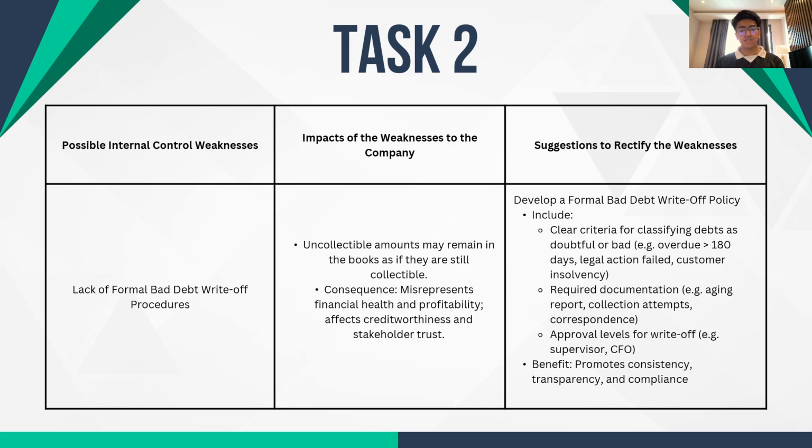Suggestions to rectify this weakness would include developing a formal bad debt write-off policy, which would include clear criteria of classifying debts that are doubtful or bad. For example, a policy where debt is overdue by more than 180 days, or maybe when legal action has failed and the debt is no longer collectible, or even customer insolvency. Other than that,